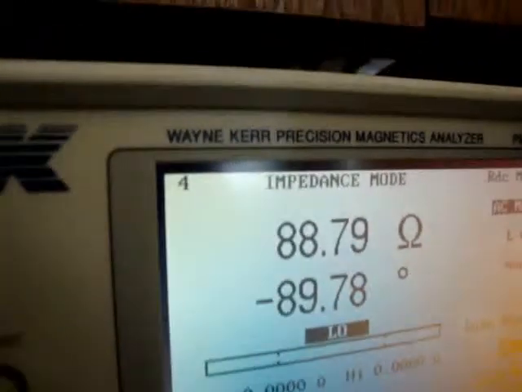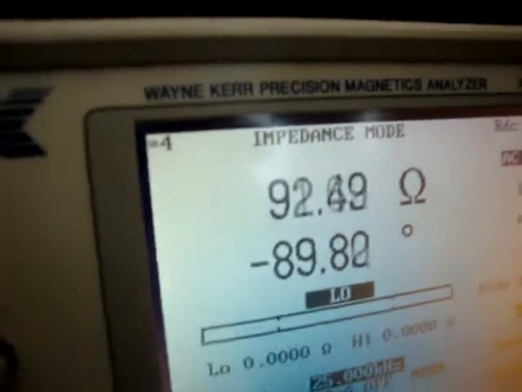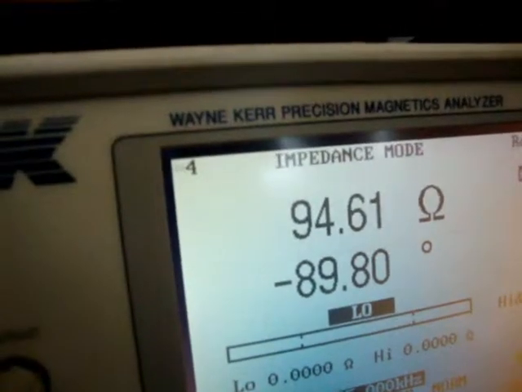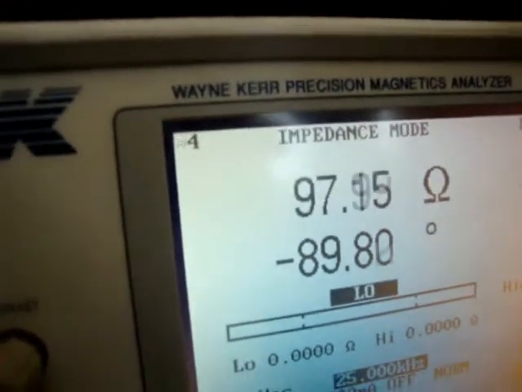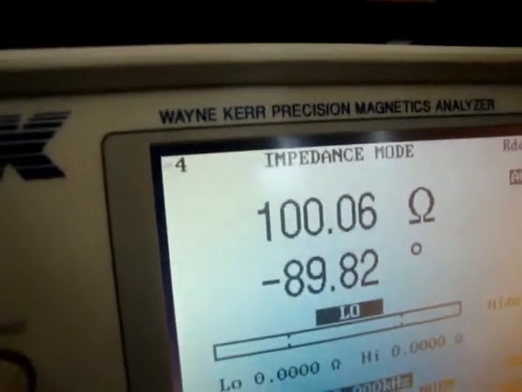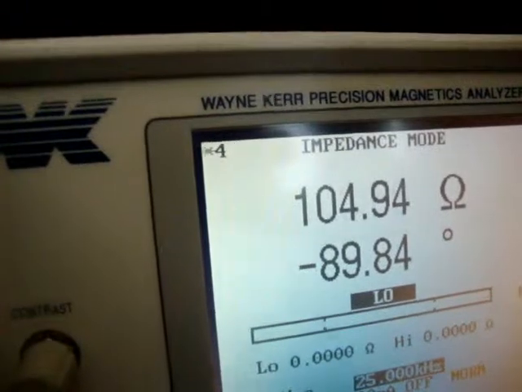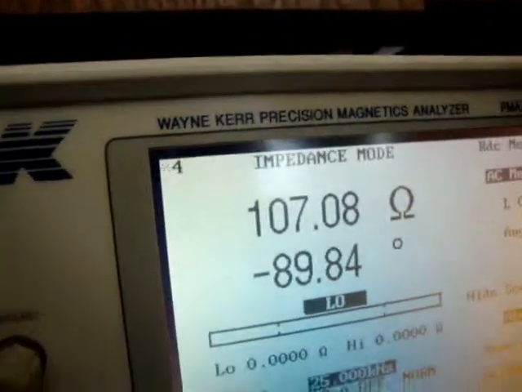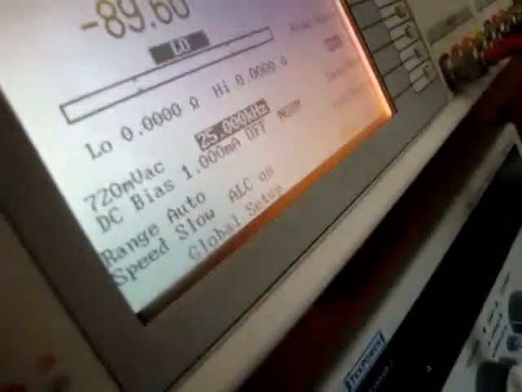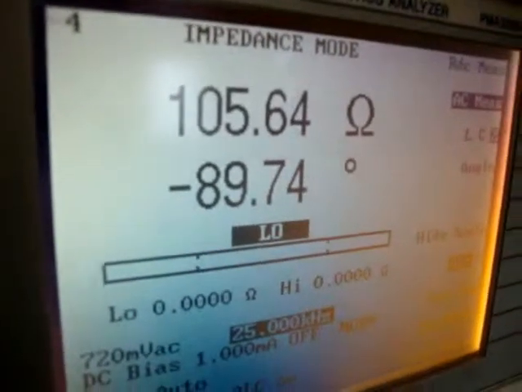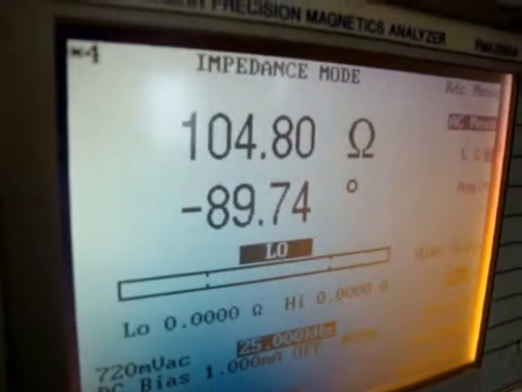Okay, 92 ohms. One hundred, 102. I'm going to check how I am heating it. Oh, I'm heating it pretty nicely. Pulling the gun away, because we're not heating it any longer. Let's see how that changes. So it takes a little while,